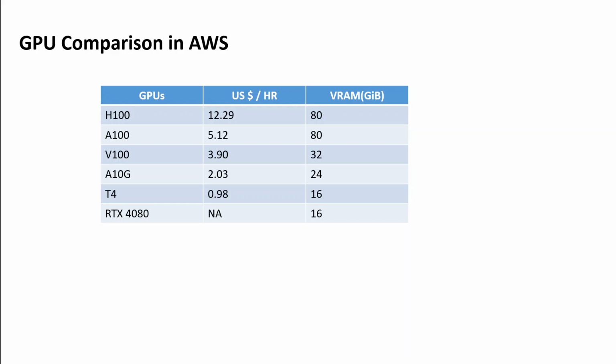And for the lower scale GPUs, you can use T4 or RTX. I'm not sure if RTX is available on AWS, but T4 is. And for the T4, you will only get 16 GB of VRAM, and the cost will be just approximately $1 per hour. Now, you can use the models like Llama 7B and similar ones on these T4 instances by using